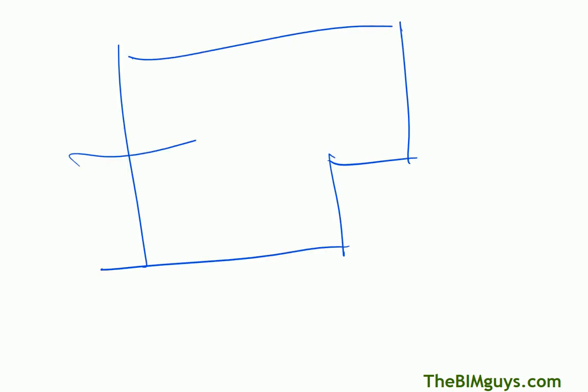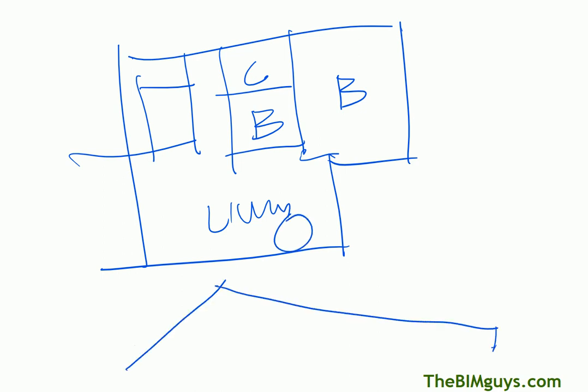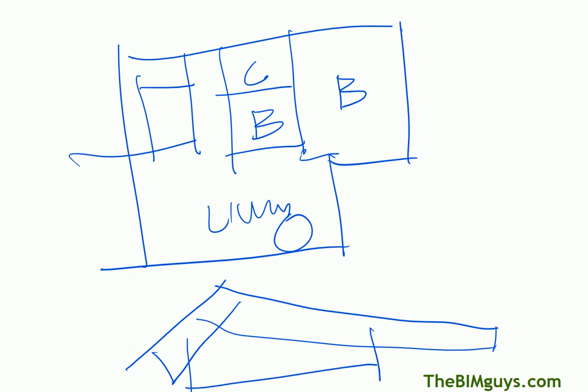I'm thinking I have the kitchen over here, and I'm thinking maybe the bedroom over here, maybe with a bath and a closet here. This would be bath, closet. This would be living. Okay, maybe we want it to look like this from the side. We have a nice porch. Okay. Well, however you want to lay it out, right? So you probably sketch some things out, just like just about anybody does, sketch on a napkin, whatever it needs to be. And now let's take it and bring it into Revit